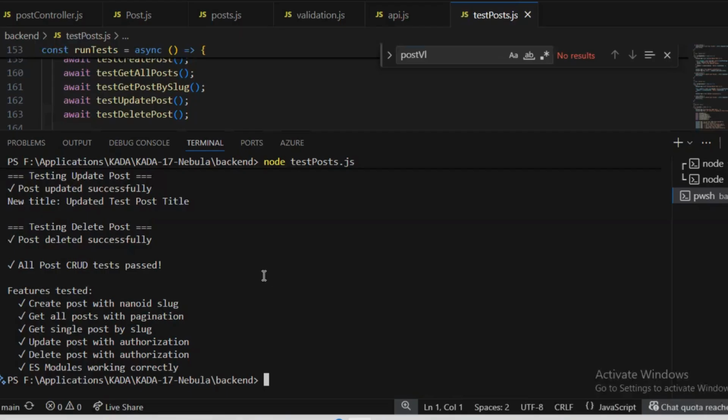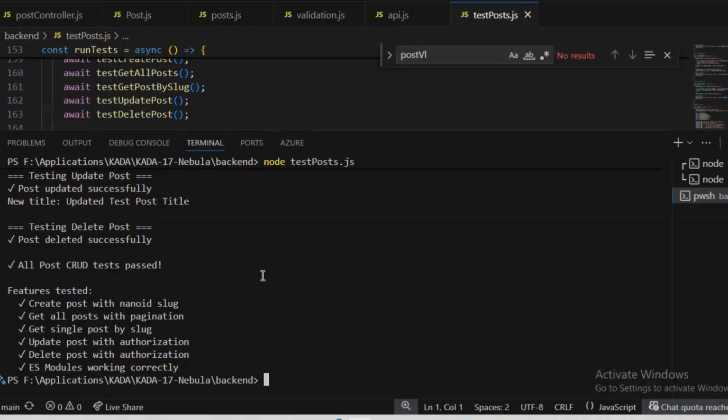With this process of creating phases 4 and 5, this effort transformed Nebula from a basic authentication app into a complete content platform. Users will receive professional email communication, and can manage their content effectively through comprehensive CRUD operations.